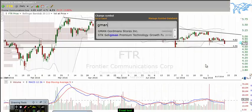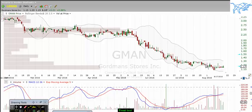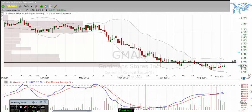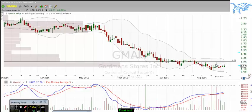Next, I want to take a look at Gman. What I want you to notice here is the pickup in volume. You can see that a lot of volume has been coming in and out of the stock here. This is something that you want to keep an eye on. Could be accumulating, could be selling, but what you want to look for is a break over about 126 to